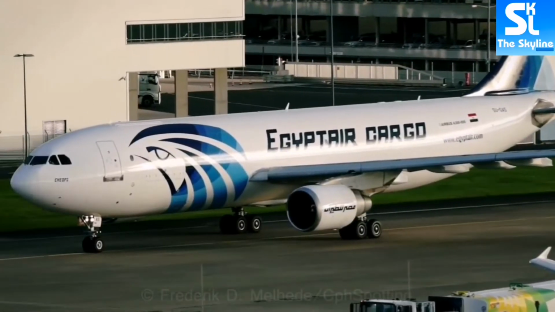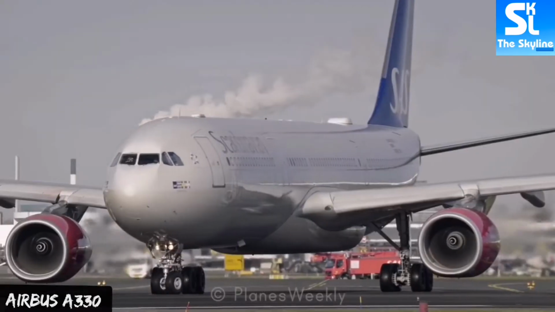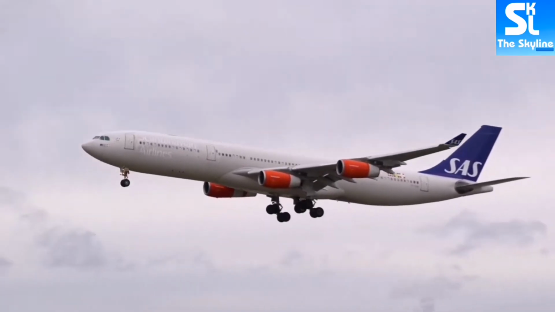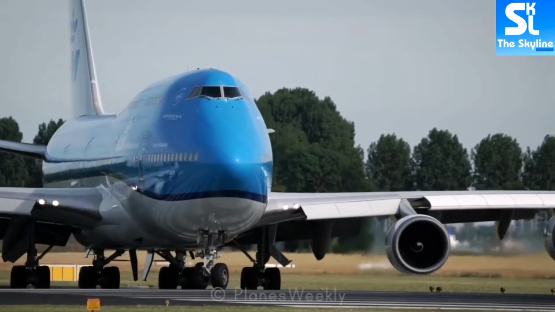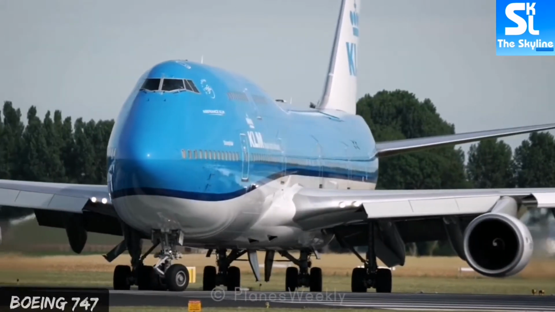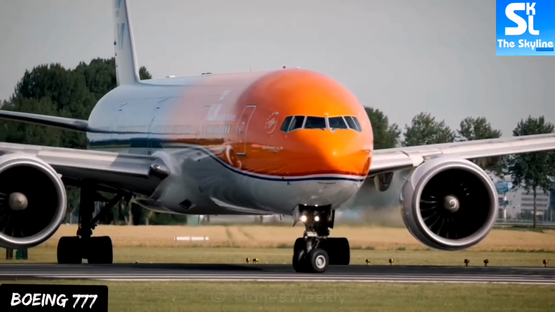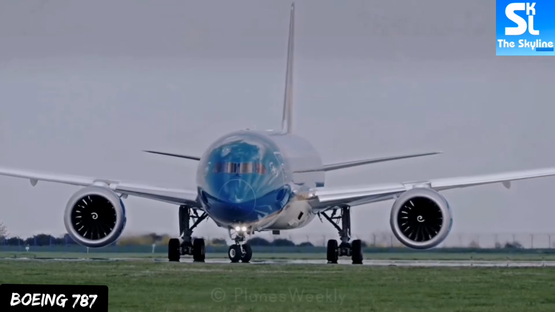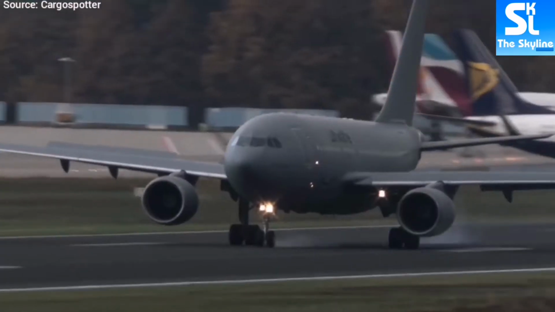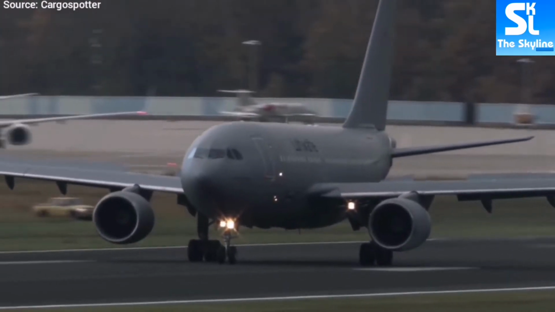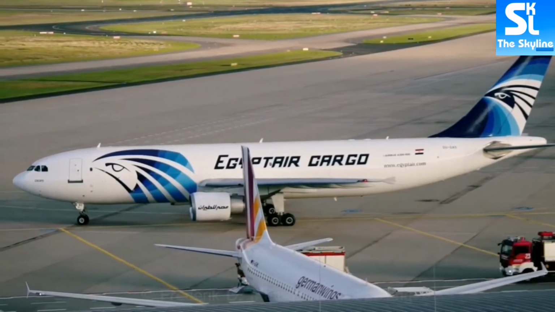The wide-body airplanes of Airbus are the Airbus A300, A310, A330, A340, A350, and finally the Airbus A380. The wide-body airplanes of Boeing, on the other hand, are the Boeing 747, 767, the Boeing 777, and finally the Boeing 787. For simplicity, I'll not tackle the Airbus A300 and the Airbus A310, mainly because the two planes aren't common, but instead I'll just outline how one can identify them.